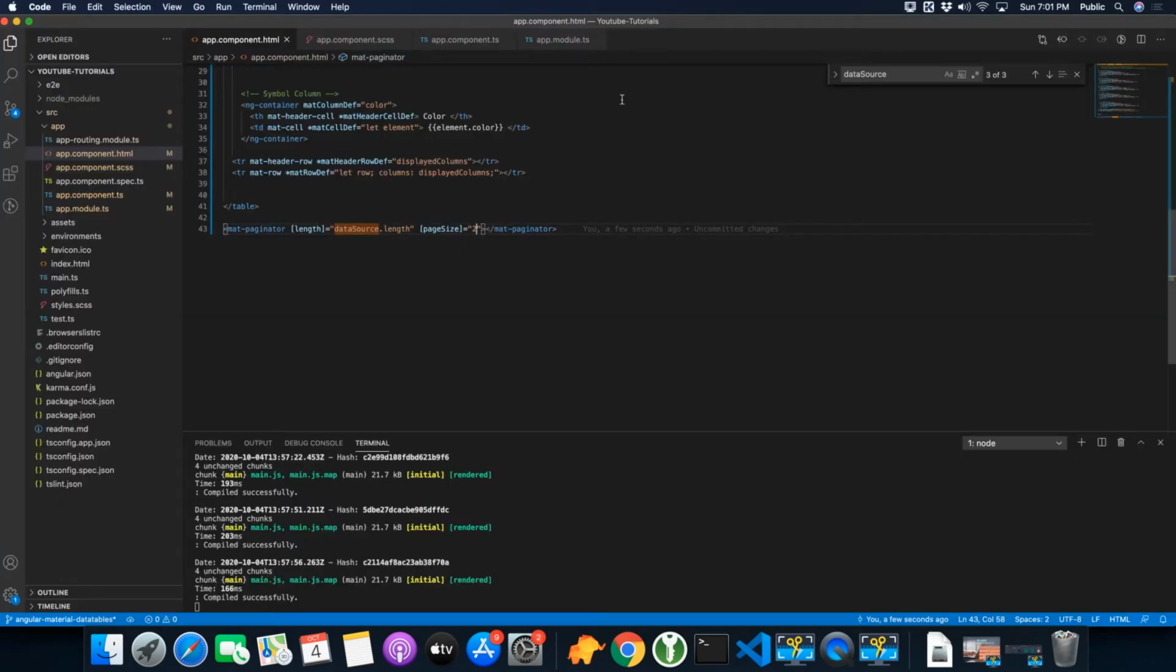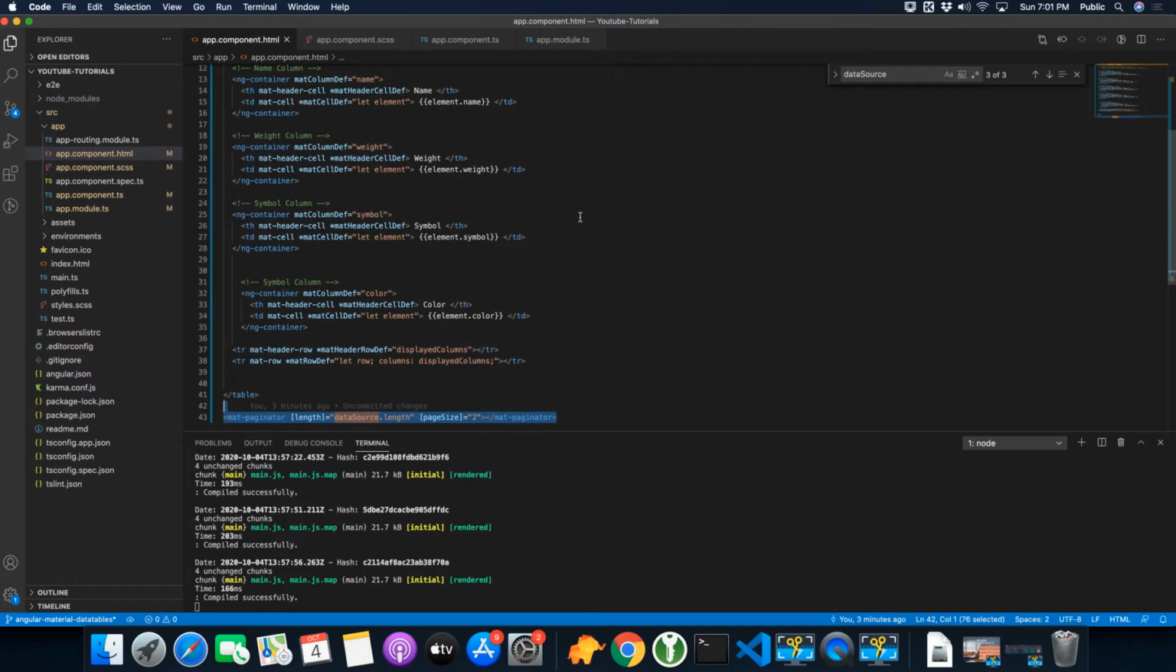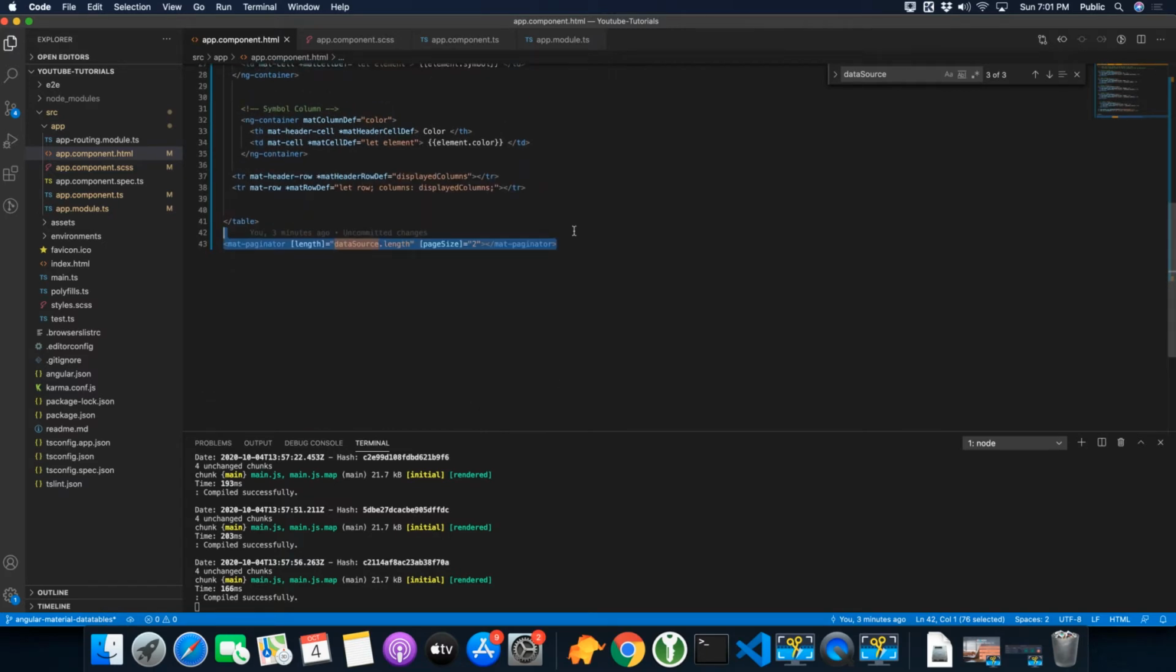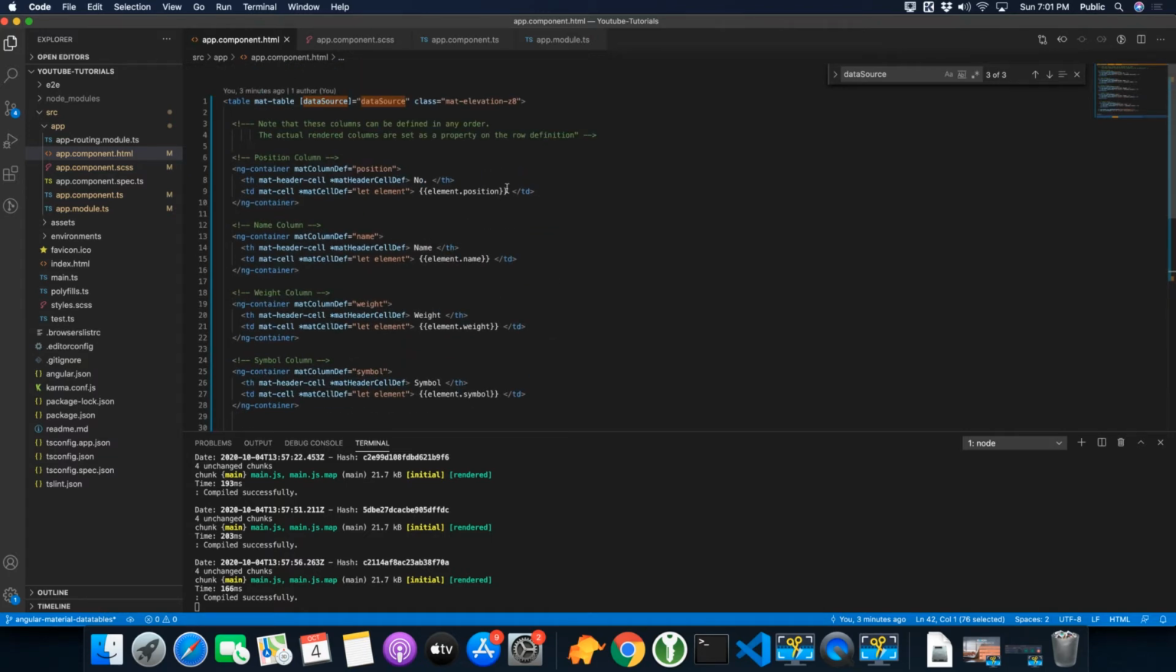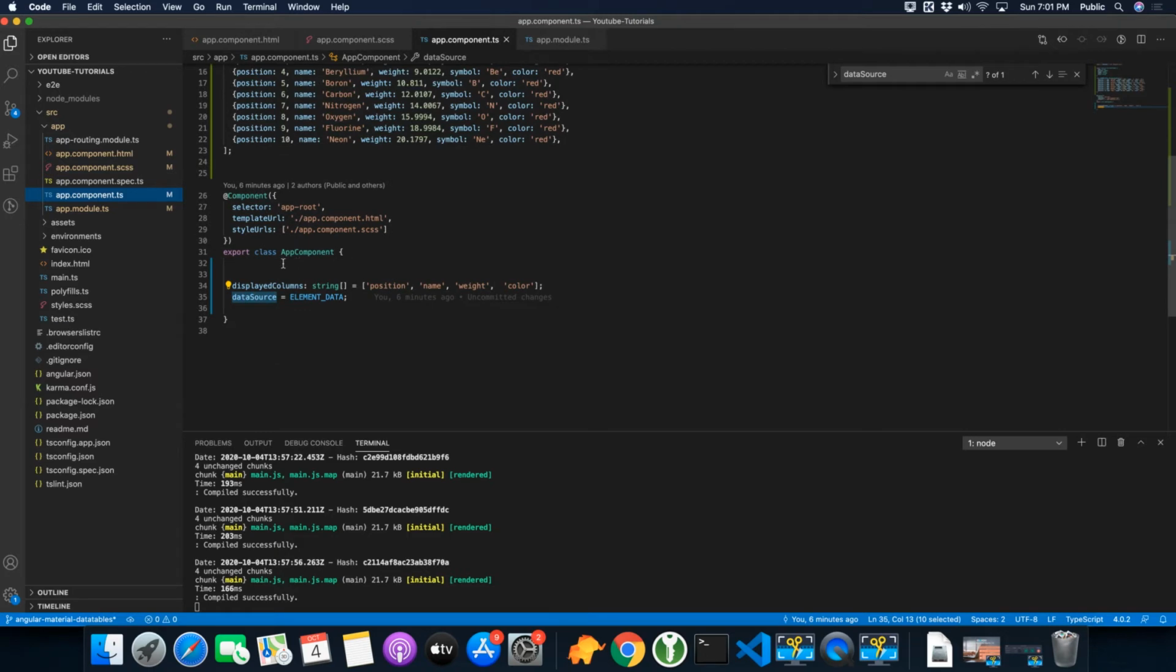Actually, it is very easy to implement pagination. So the paginator is already visible, you can see. Now you have to implement your own logic, whatever you prefer, to make it look like a functional pagination. So I can show you how to do that. For example, this is a data source, and you can